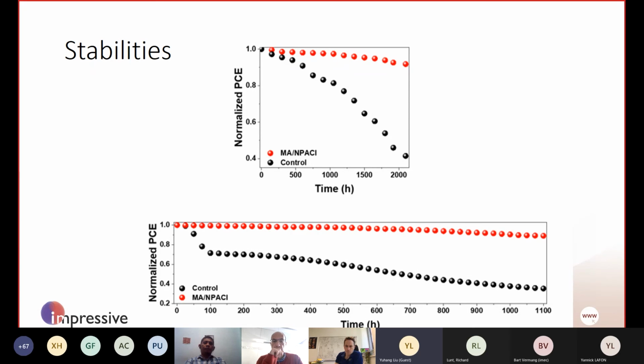We do understand that spiro will undergo a glass transition over 60 degrees, but in this system, it seems like this was not a big issue really affecting the stability here. But in contrast, our control device without interlayer and with a relatively poor morphology without MA treatment decayed much faster than exponential decay within the first 100 hours, and slowly decayed to almost no efficiency compared to the initial. And going back